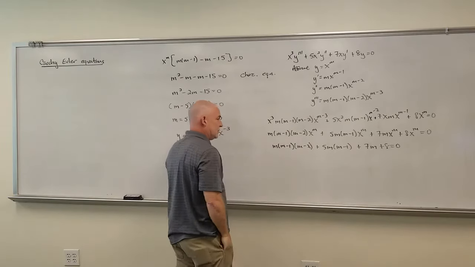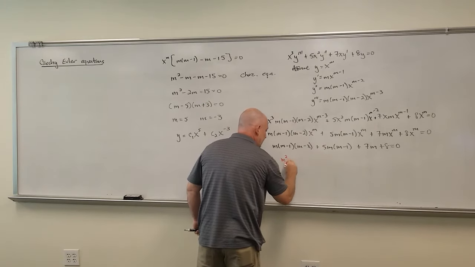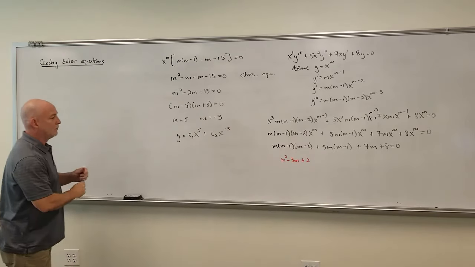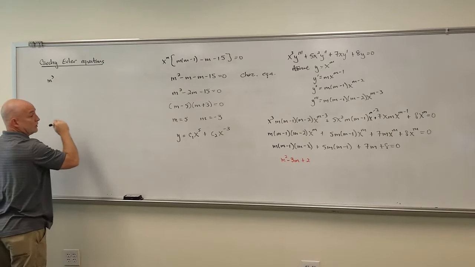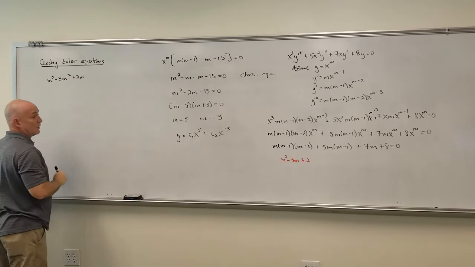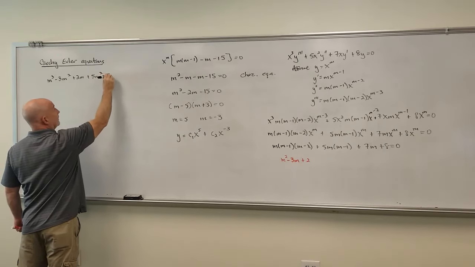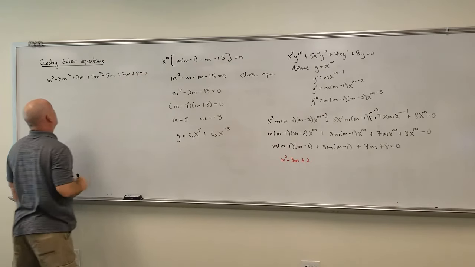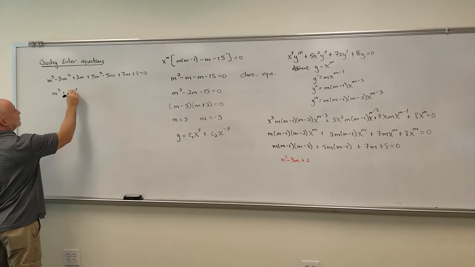So I'm going to kind of cheat here just a little bit before I move over here. I know if I multiply this out, that's going to be m squared minus 3m plus 2. So when I bring that up over here and we multiply it out, I'm going to multiply that by m. So that's m cubed minus 3m squared plus 2m. If I distribute that 5m, that's plus 5m squared minus 5m plus 7m plus 8 equals 0. All right, I can combine some like terms here, so I get m cubed plus 2m squared